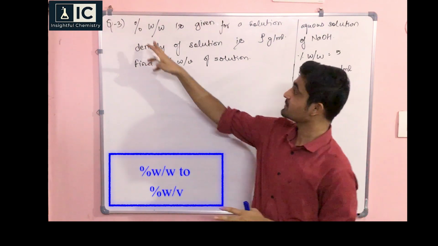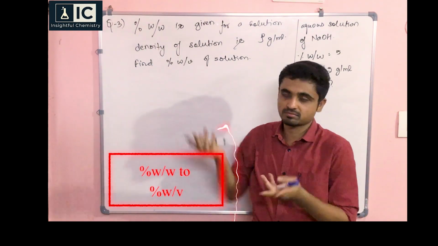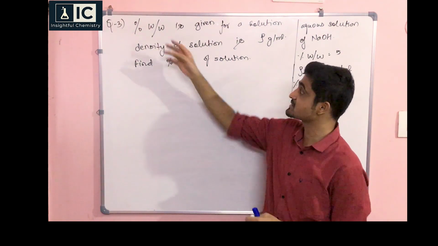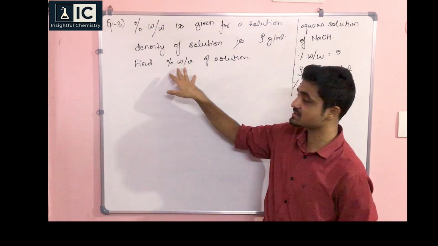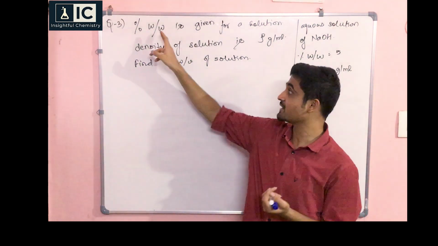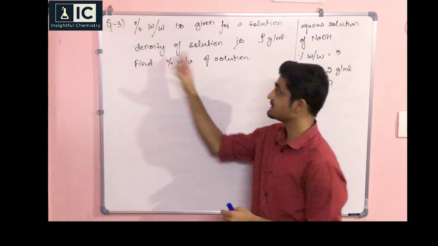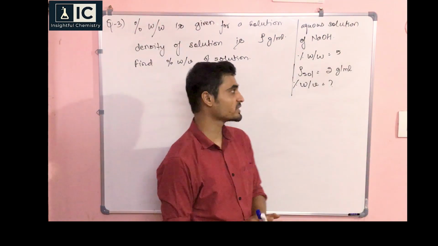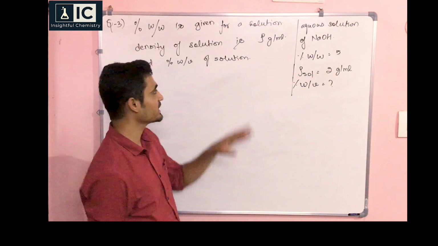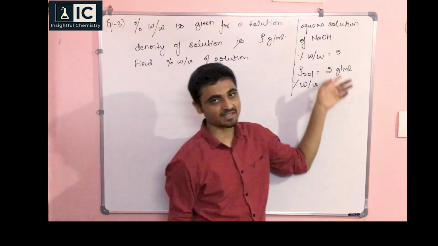In this we have percent quantities involved. So this is weight by weight, mass related, and this is volume related. Obviously, if I have to convert from here to here or here to here, I must be having what? Density. So normally students have confusion regarding this percent. So let's take one example also.